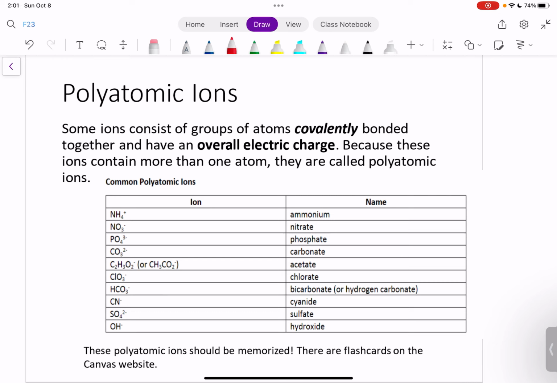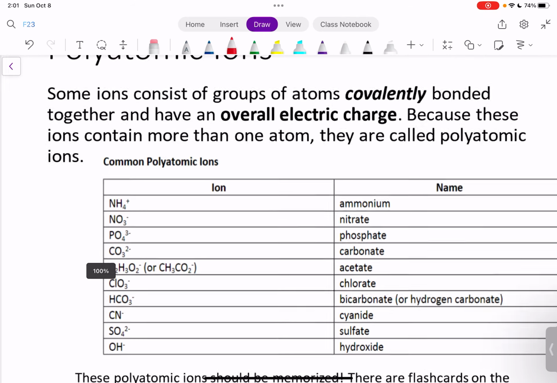So what are these? Polyatomic ions is just kind of like the term sounds like. Poly means many. So these are groups of atoms bonded together. They're sharing electrons, and we'll talk about what that means. But they have an overall electric charge. So for example,